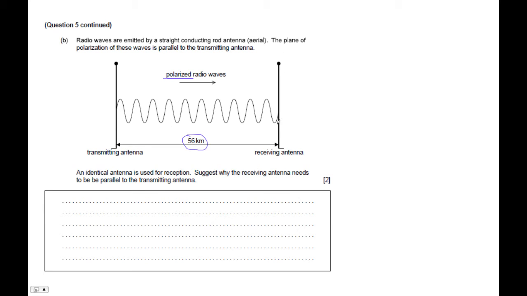And so the receiving antenna, in order for that electric field to, but we don't know about electric fields, right? To actually pump it up and down and get the maximum potential, it needs to be parallel to that electric field, right? So the electric field can fully pump the electrons up and down. So that's one explanation. Another explanation is that this is polarizing, and so the receiver acts like a polarizing filter,